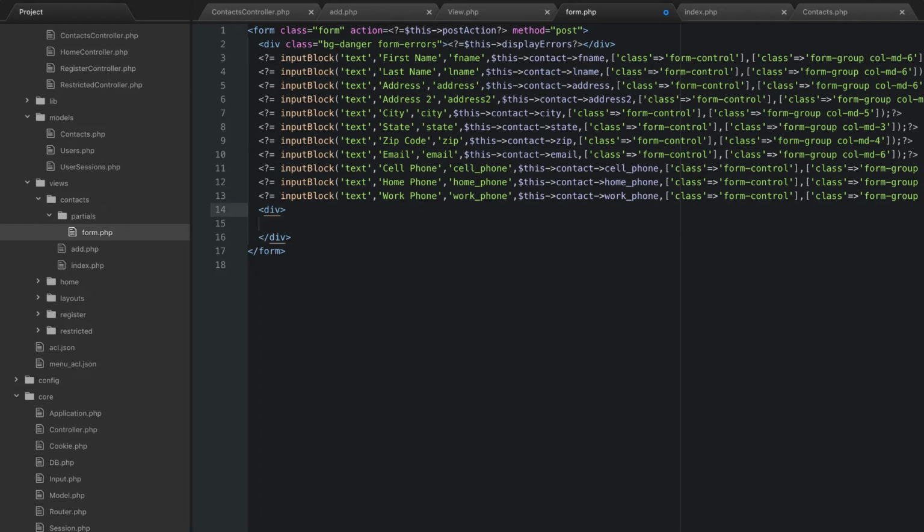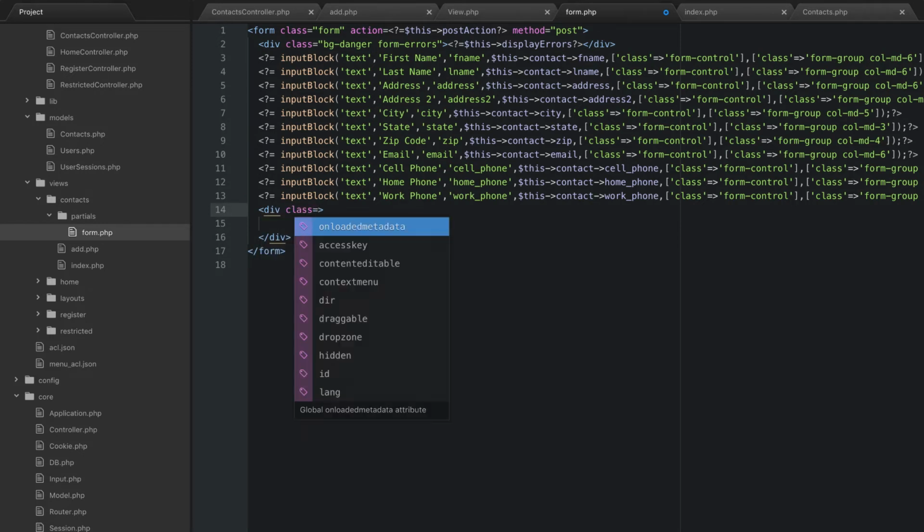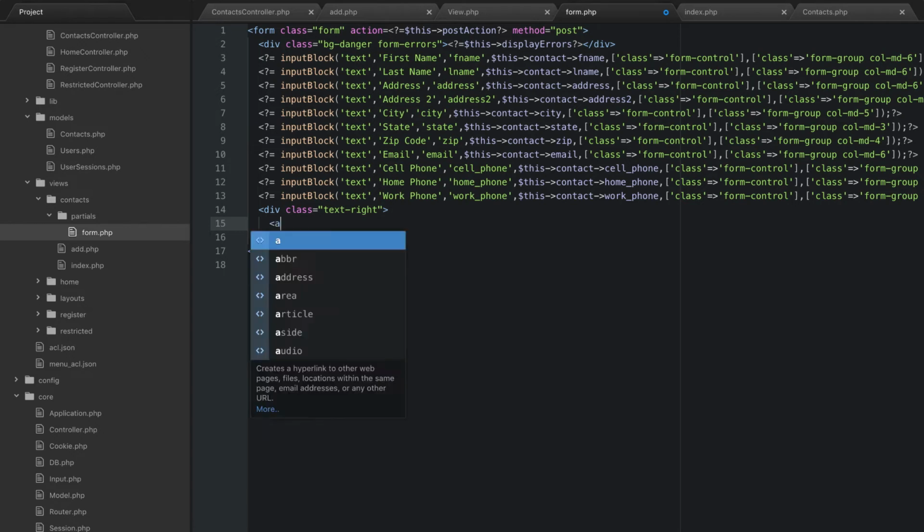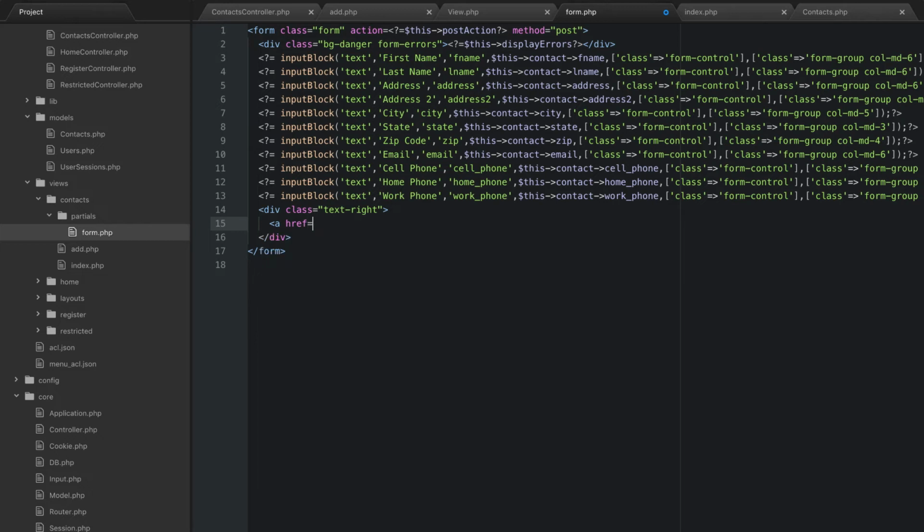And we'll give that div a class of text-right, which is just a bootstrap class, guys. We didn't add that. And then the first thing we'll do is create our cancel button. So we'll do href is equal to,